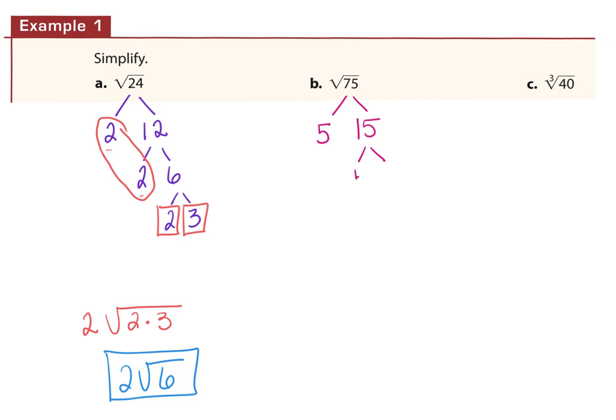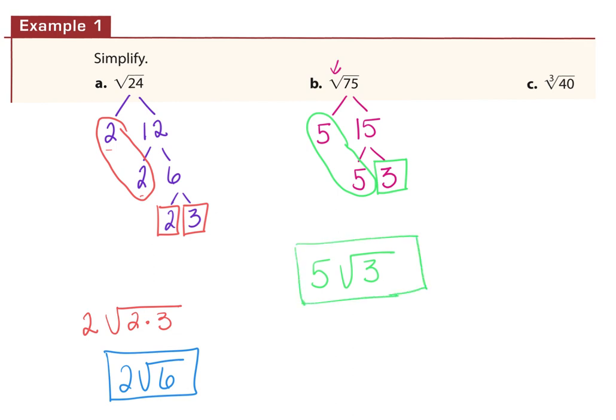15, well, that can be broken up into 5 and 3. What is my index up here? If I don't see one, it is a 2. So anything that pairs up in 2s can come out of my radical. That means there's 2 of these. Since there's 2 of them, it can come out of my radical. Does this one have a pair? It does not. So it has to stay inside my radical. So if I simplify this square root of 75, that's the same thing as 5 times the square root of